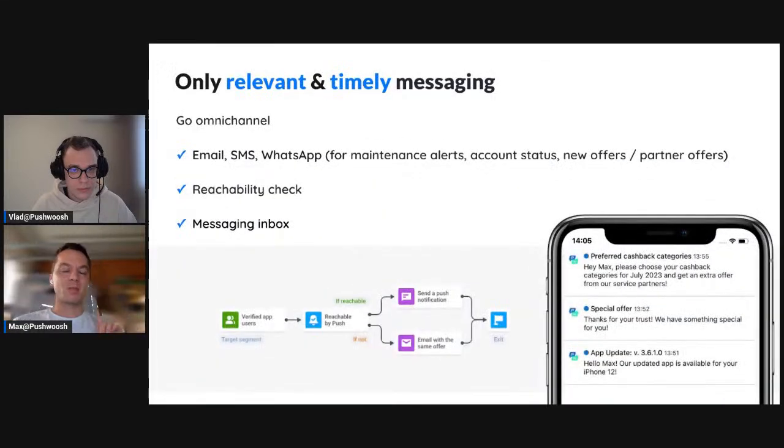Speaking about communication channels, there is one more thing that is, well, technically not a separate communication channel. However, I can say that the message inbox, also well known as the notification center, could be a good option for your fintech application due to a couple of major reasons.